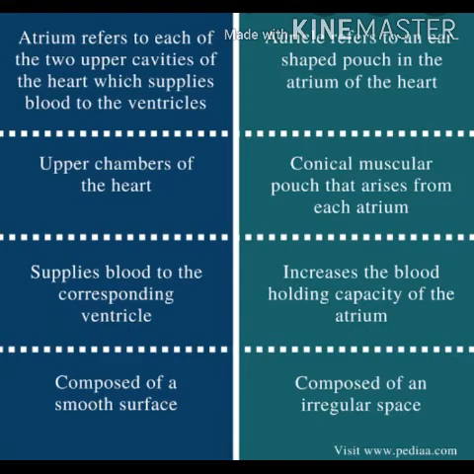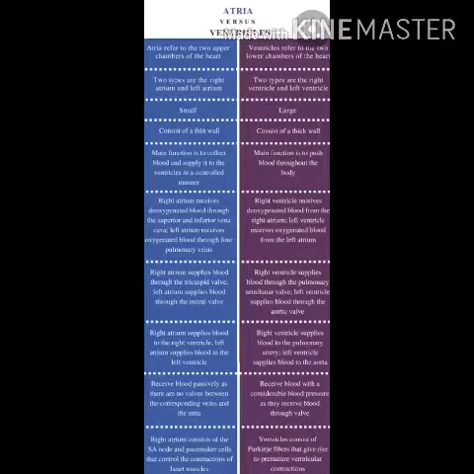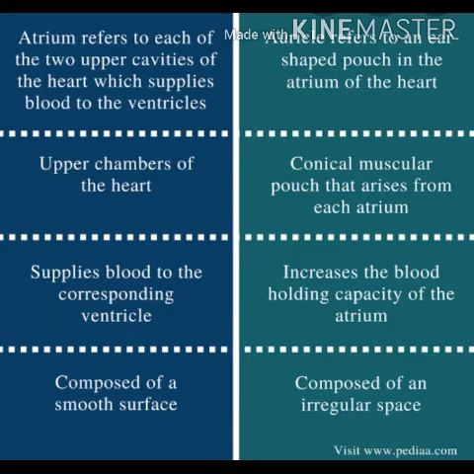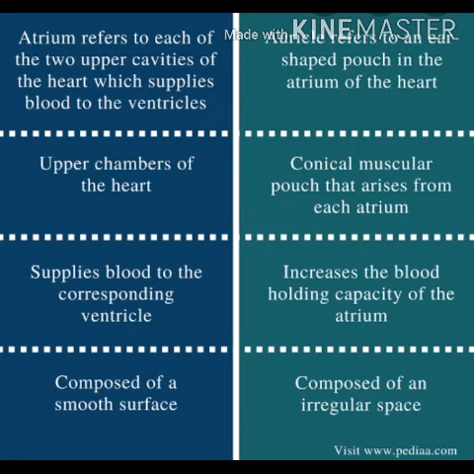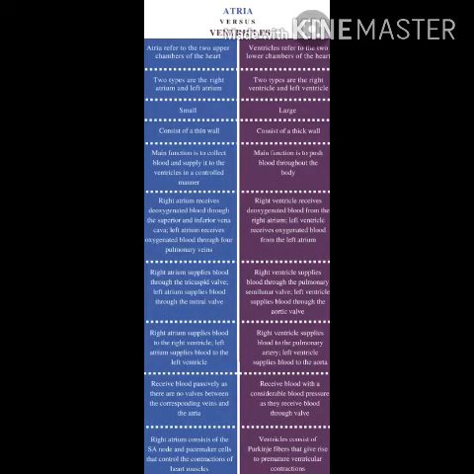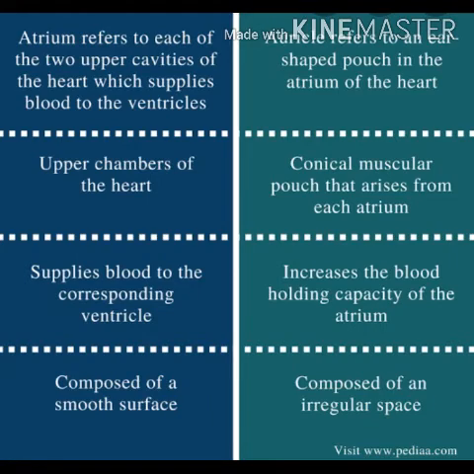Here also there is a differentiation between the atria and ventricles of the heart. In terms of position, the atria are the upper left and right chambers, whereas the ventricles are the lower left and right chambers. In structure, the atria are smaller, thinner and less muscular, and the ventricles have larger, thicker and more muscular walls. The right atrium has the inferior and superior vena cava, and the left atrium has the pulmonary veins. In the case of the ventricles, the right ventricle has the pulmonary artery and the left ventricle has the dorsal aorta.